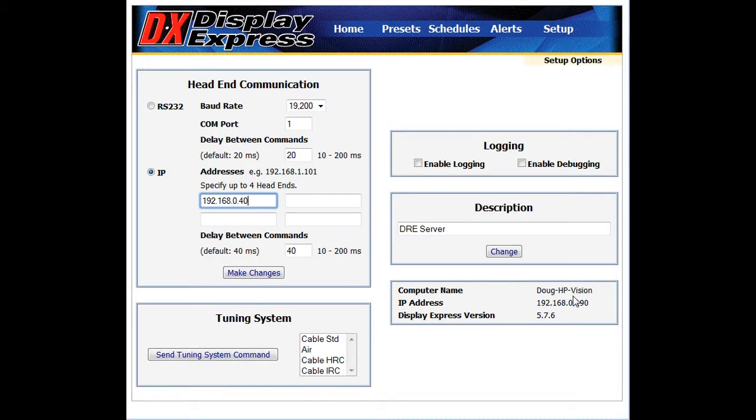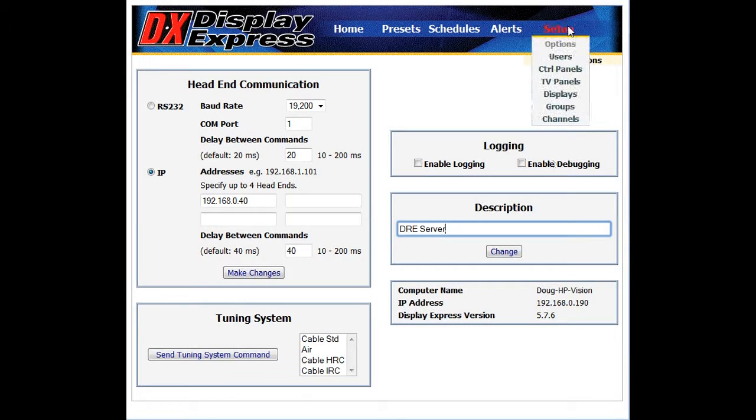you can view the computer name, the IP address, and what version of software we have, and that comes from your computer. You can change the name of the server to something else you'd like to have. And then the logging functions are reserved for when we're troubleshooting the system. And we can see what problems are showing up or what type of debugging commands are showing up, and that's something we would do if you're having an issue with the software. That done,